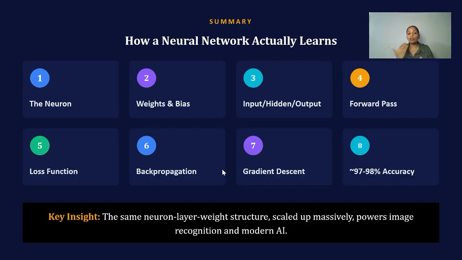Behind every image recognition system, recommendation system, large language model or self-driving car, it is more layers, more neurons, unimaginably more data, but the same four-step loop we just watched with our own eyes. So keep on trying various numbers of hidden layers, more epochs, different optimizers, and different activation functions. You can hit and trial on your own by downloading the Jupyter notebook from my GitHub. You didn't just learn a definition today, you built the real thing at a size you could actually understand.